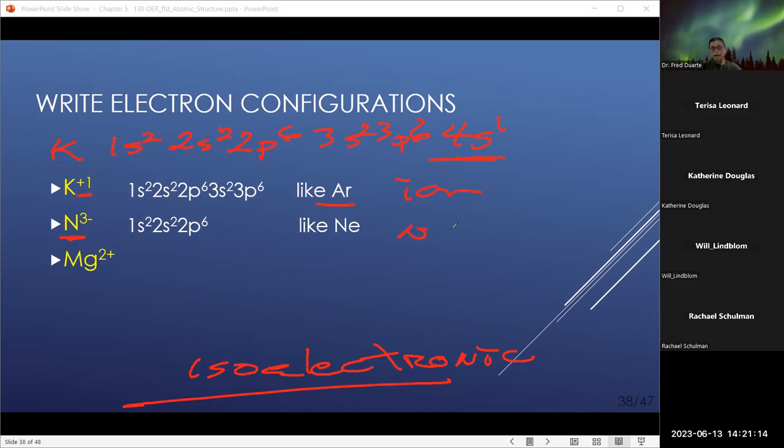So now we change the name to nitride, just like we did with oxygen to oxide, sulfur to sulfide, fluorine to fluoride, chlorine to chloride, bromine to bromide, iodine to iodide, okay? So the IDE tells you we're looking at the ion. All right, now we got magnesium. And its electron configuration is isoelectronic, guess who? With neon. Whereas nitrogen becomes isoelectronic with the noble gas in front of it, in this case neon,